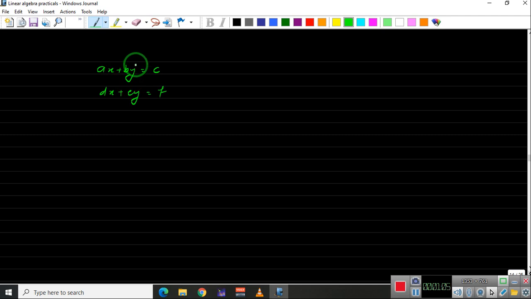Now, the solution of this means the point where the lines intersect. Where this line and this line intersect, that is the solution of this system. Now, how many cases are there? If I draw the xy plane, it's not straight lines as such, but suppose we have this xy plane. There are different cases. For example, we have this straight line like this.